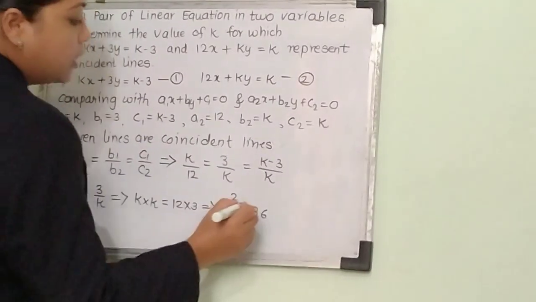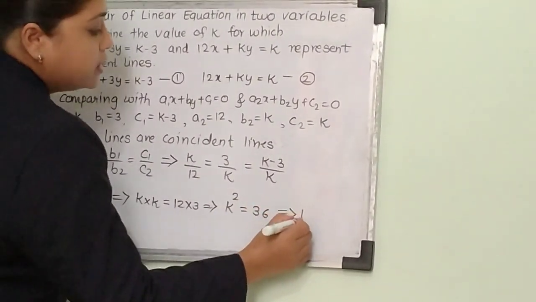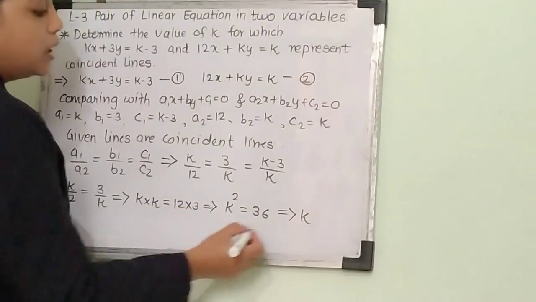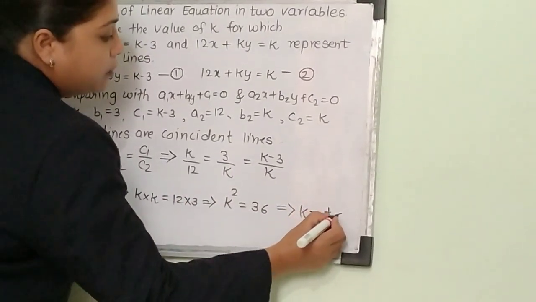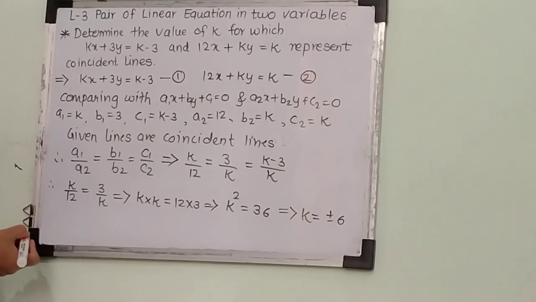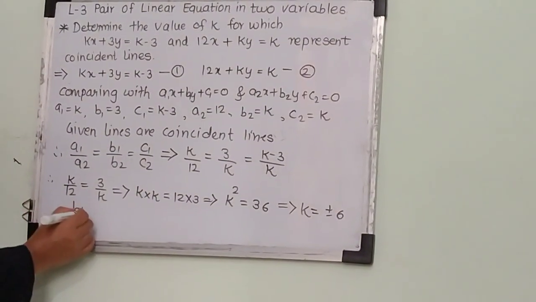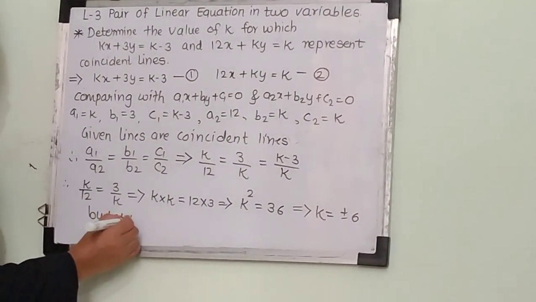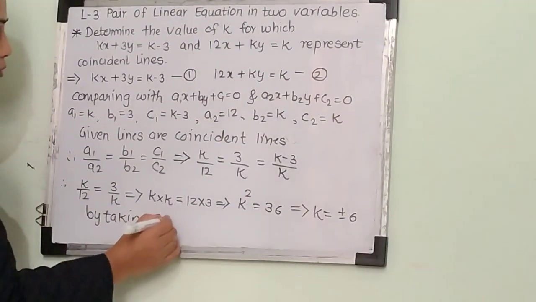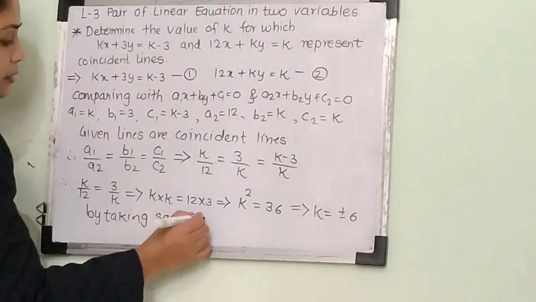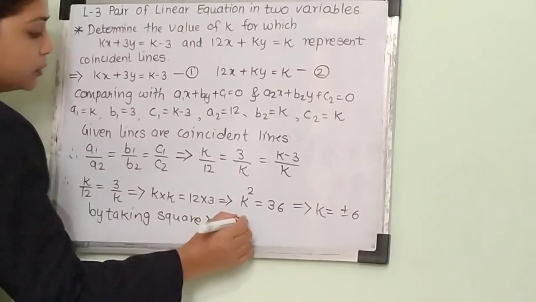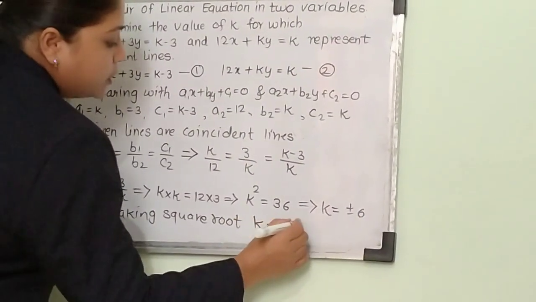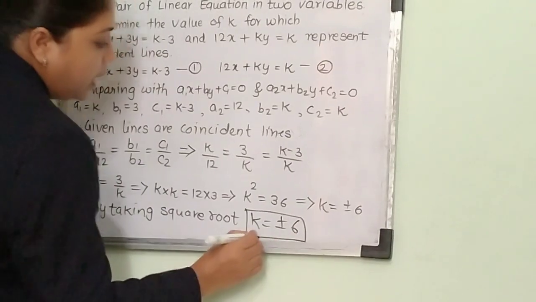So this implies that after taking square root, k is equal to plus or minus 6. So in this way we can determine the value of k according to the